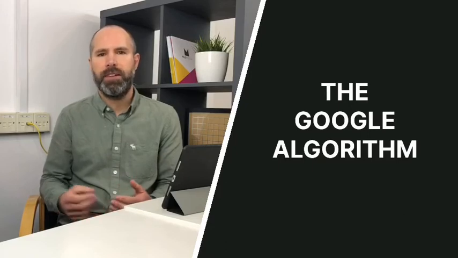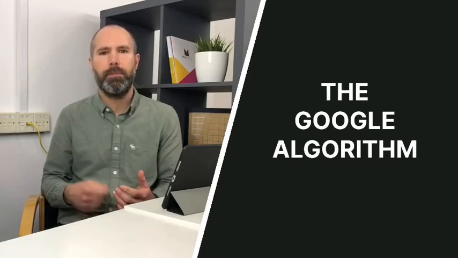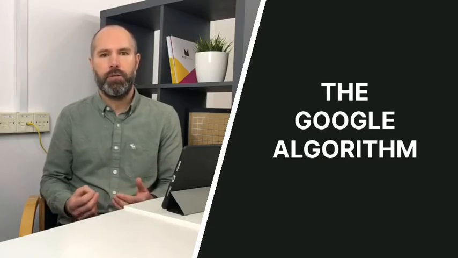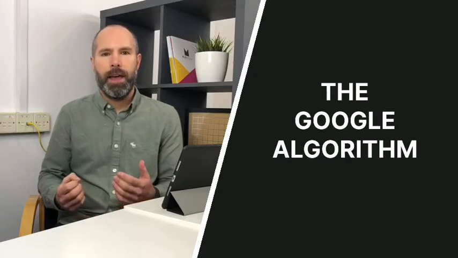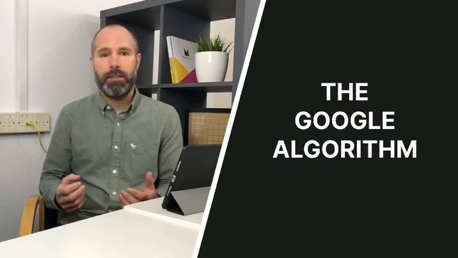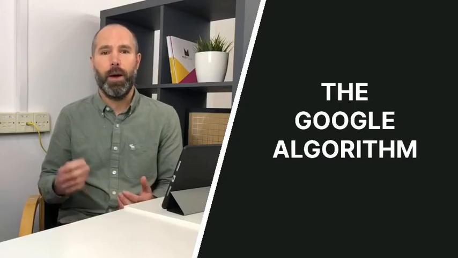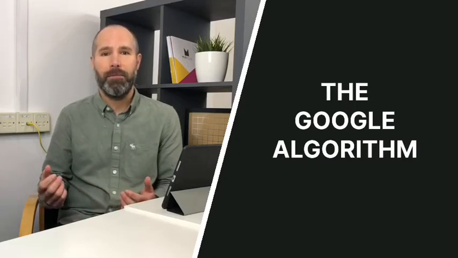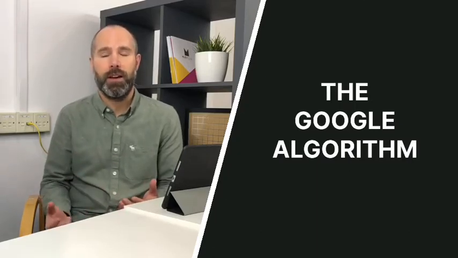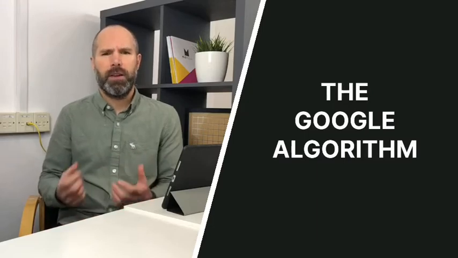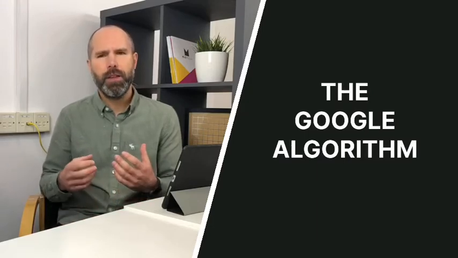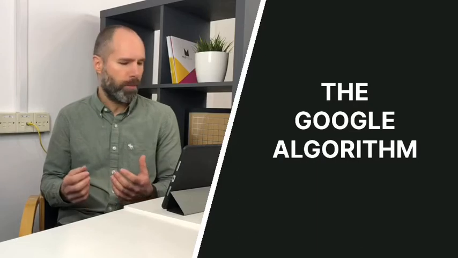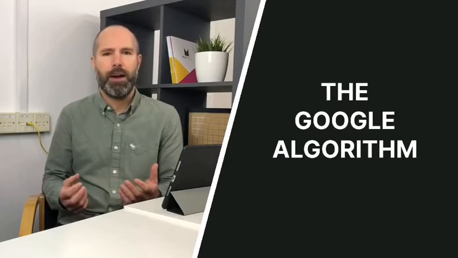So in 2018, they indicated that page speed was going to be a large ranking factor. Sure enough, 6 months later, we saw that come into play, and websites that were quicker to load outranked those that were slower to load. So it's starting to understand what Google looks for in their algorithm.